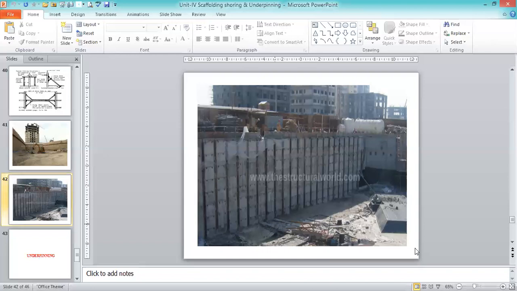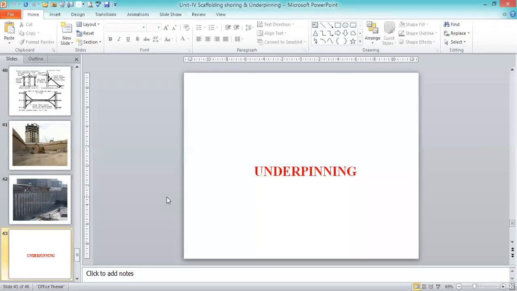So this is about today's class on shoring. It is somewhat typical, like when you are using scaffolding, so go through the diagrams and you will understand. Anyhow, I will send the complete PPT. Go through that and you can understand very easily. Once you go through it, physically as well as diagrammatically, you can understand where we use the racking shore, where we use the flying shore, and where we use the dead shore.